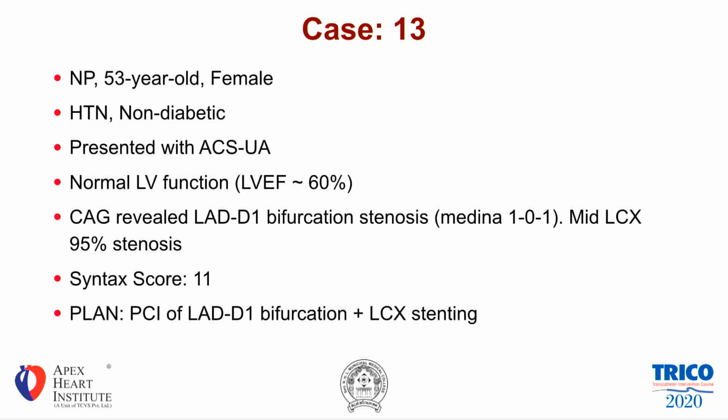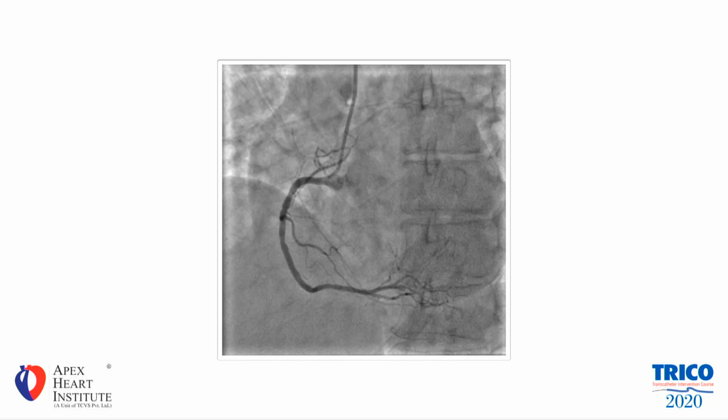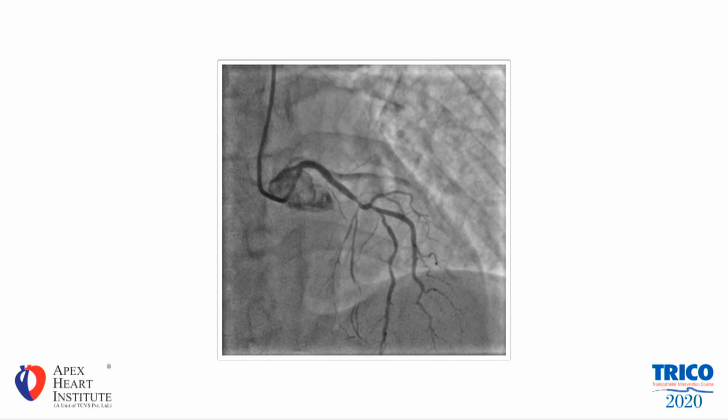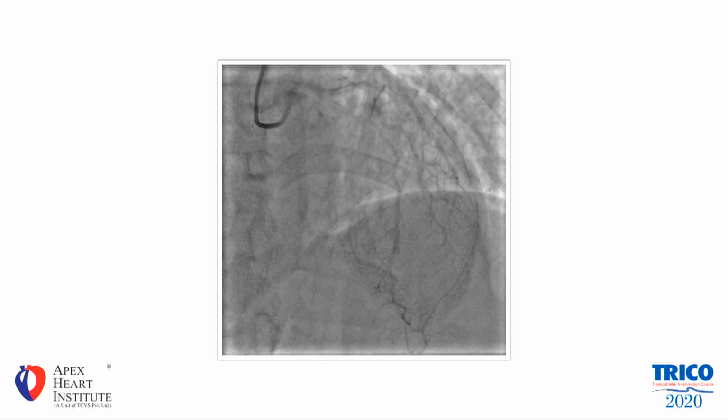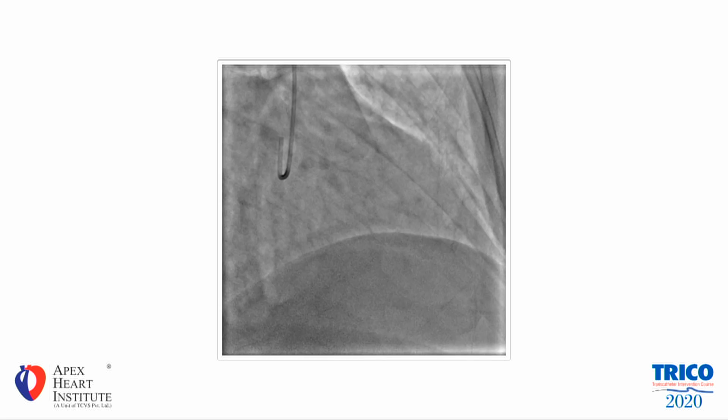Good morning, everyone. Today's first case is a 53-year-old female. She is a known hypertensive, presented to us with unstable angina, having normal LVF of around 60%. Her angiography revealed normal right coronary artery. Mid-LAD having a bifurcation lesion, including diagonal,